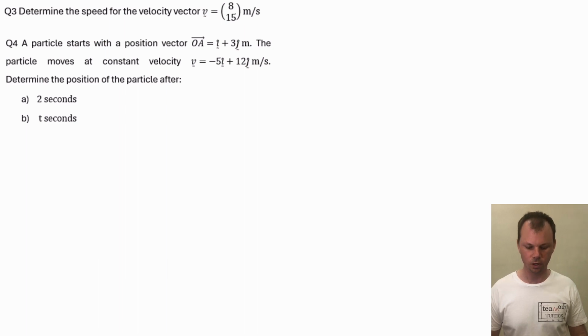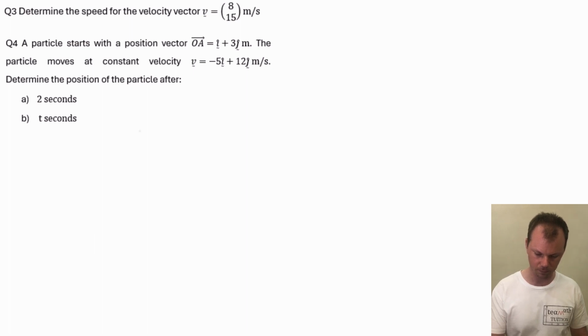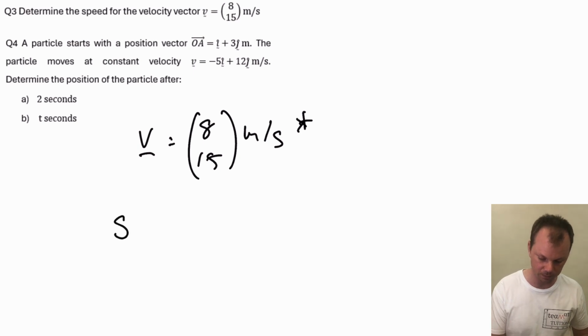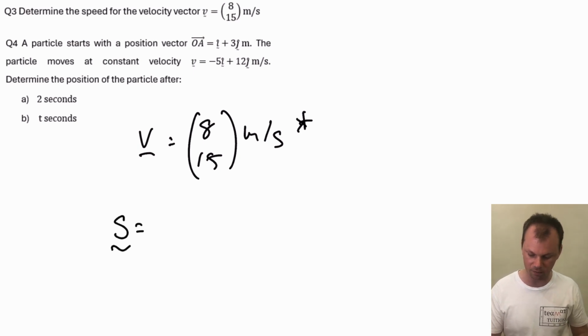Question 3. Determine the speed of the velocity vector v equals 8, 15 meters per second. So this is the velocity vector stated in component form. When we're after the speed, that is the magnitude of the velocity, because velocity is speed and direction. So this is made up of the speed, which is the magnitude, plus the direction if it's given in polar form. So finding the speed, notice that the speed doesn't have an underline under it, meaning that it's a scalar quantity, it's not displacement, equals,